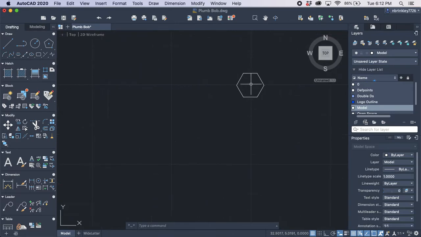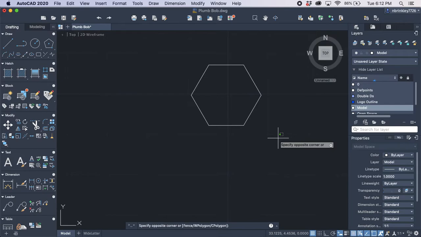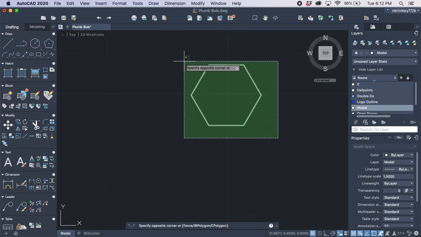If I zoom in here, you can see now. For the purpose of my drawing, I need the points to be vertical and the flats to be horizontal. So I'm going to click down and to the right of it, and I'm not going to hold my left click. I'm going to release it, and then I'm going to drag up and to the left to get the